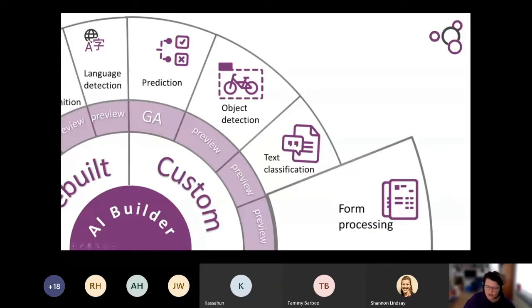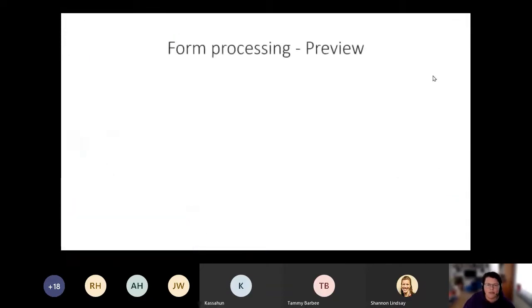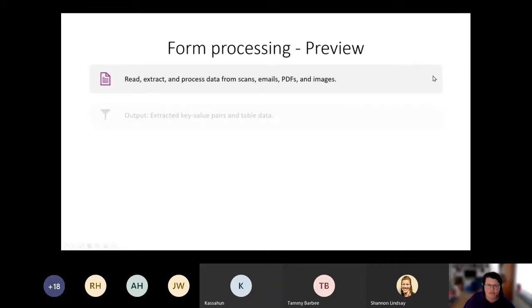And the last one is form processing. What this model does is it reads, extracts, and processes data from scans, emails, PDFs, and images. What it gives you as an output is key value pairs and table data.